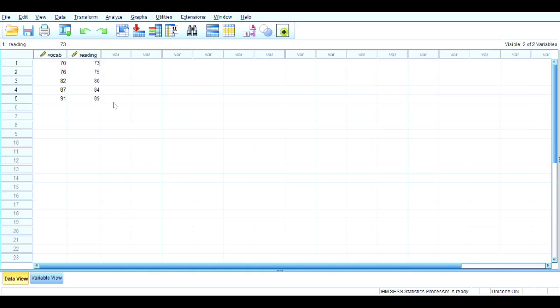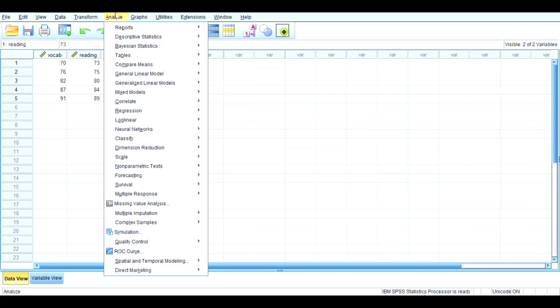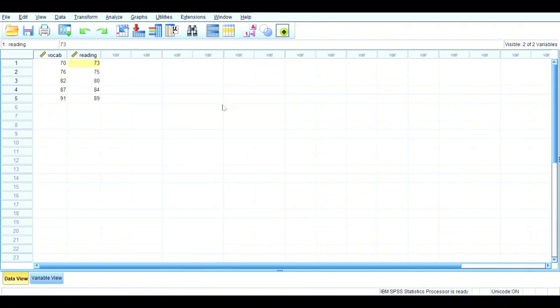After all data are entered, I conduct the correlation analysis. I click analyze, then correlate, and choose bivariate.